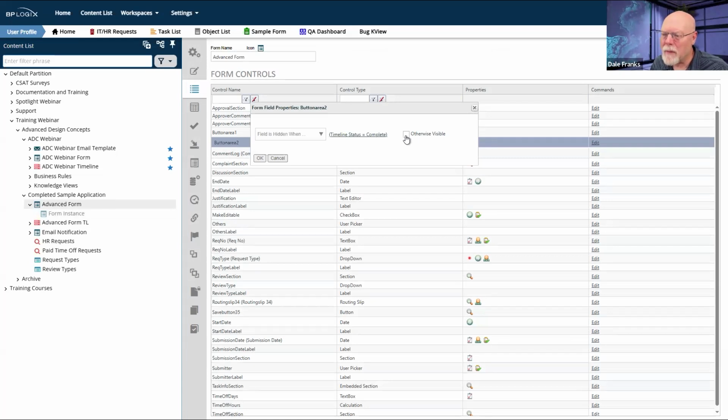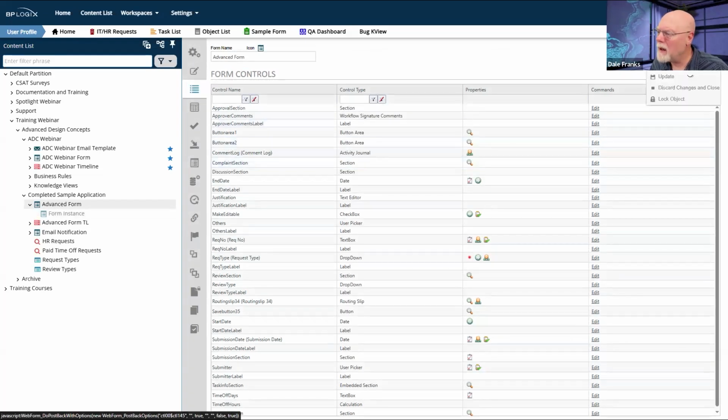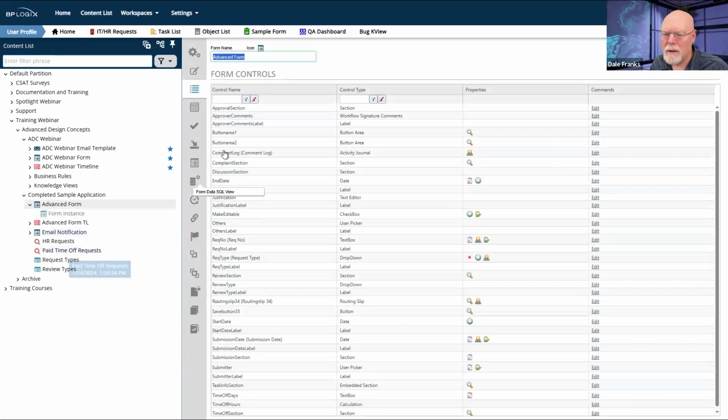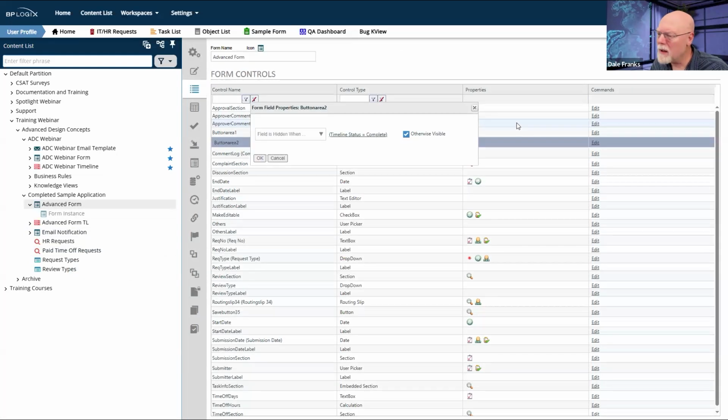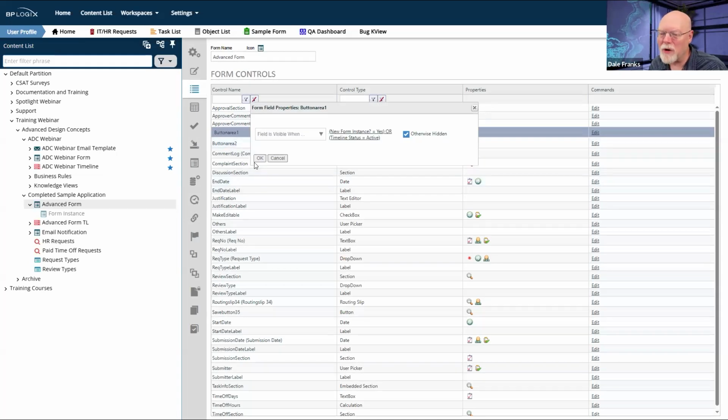Okay. This is not saving my, doesn't look like it's saving my settings. Okay, well, that looks like it's saved. Okay. Button area 1. We're going to do this one more time. If it doesn't show me both of my buttons.